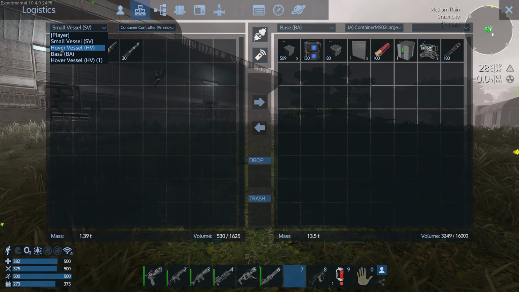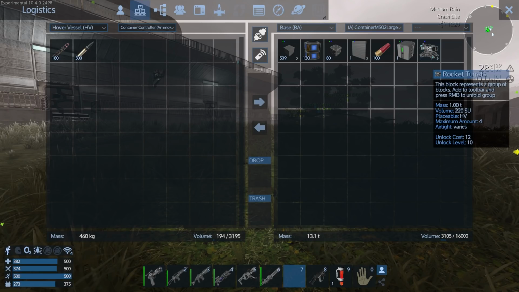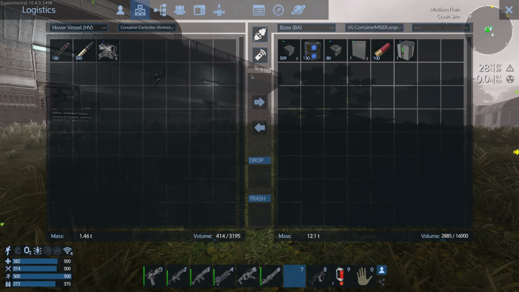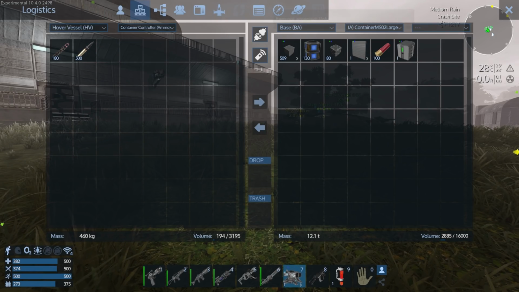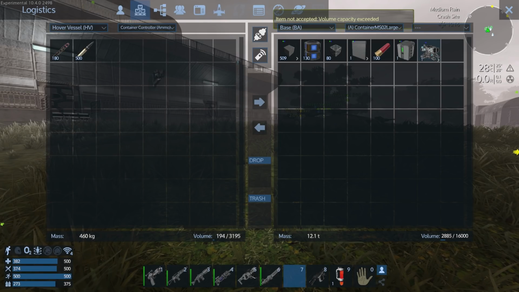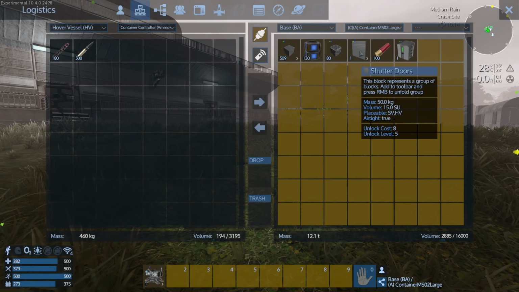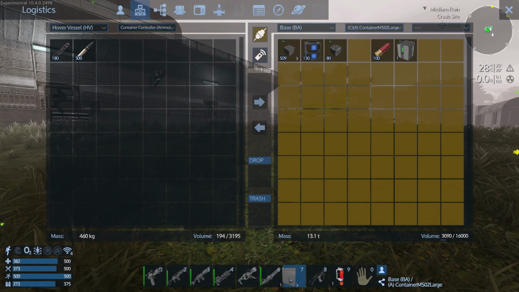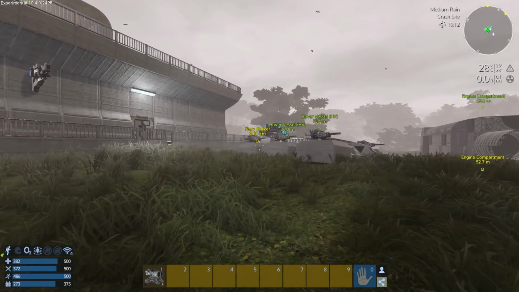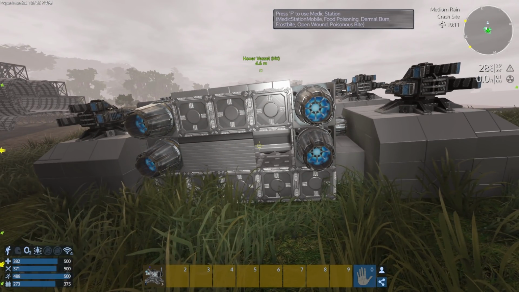And what we could do is go to the hover vessel. We've only got 500 of those there. We've got one rocket turret. Didn't make a rocket turret just to... oh, can't add that. Alright, we'll do that. This is just for the... Should be able to put that there. Okay. This is more for the hover vessel. So let's...